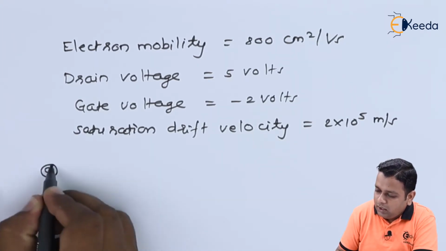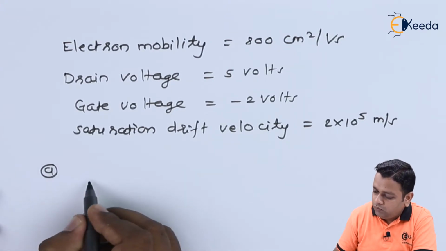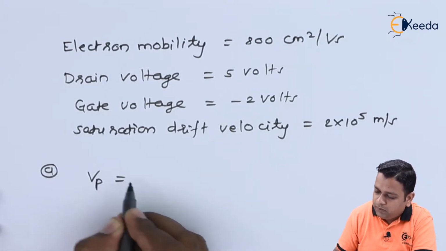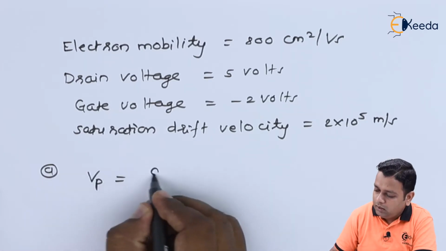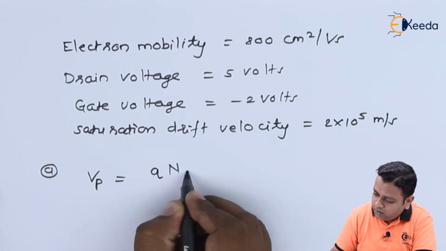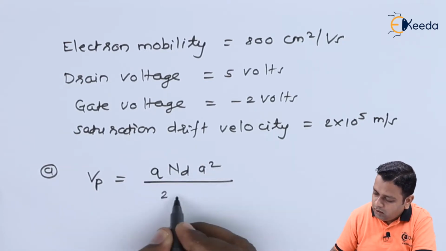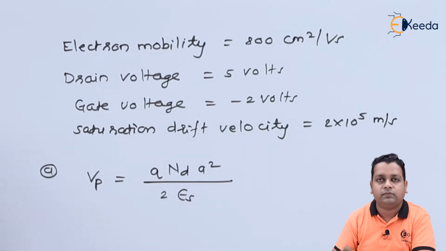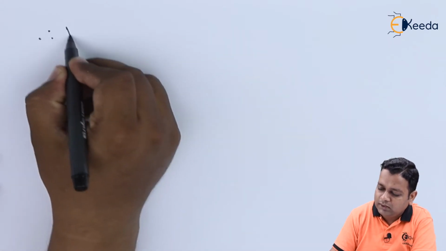So in part A, we require the pinch off voltage. The pinch off voltage can be denoted by Vp, and it can be computed for the given MESFET by Q into Nd into A square divided by twice epsilon S. So we have all the values. Here we compute Vp by the next step as